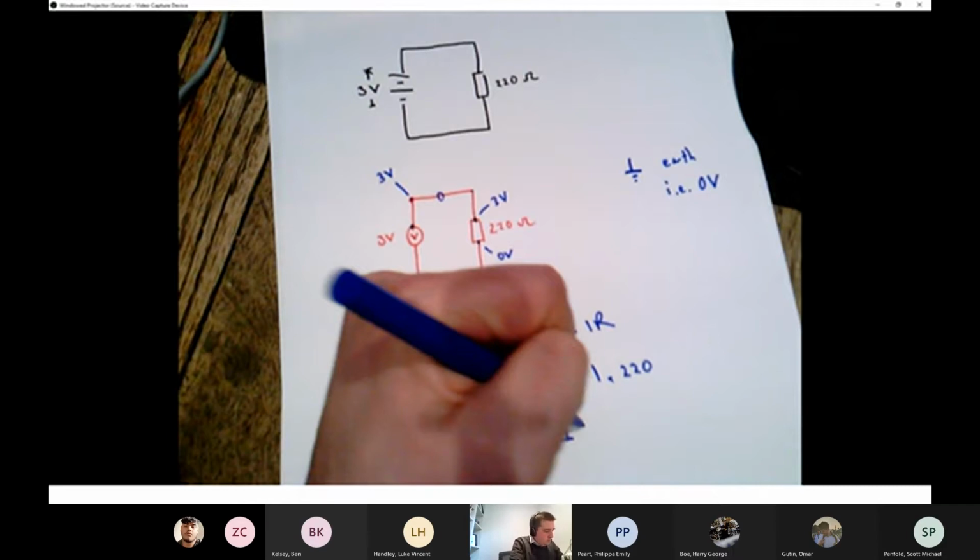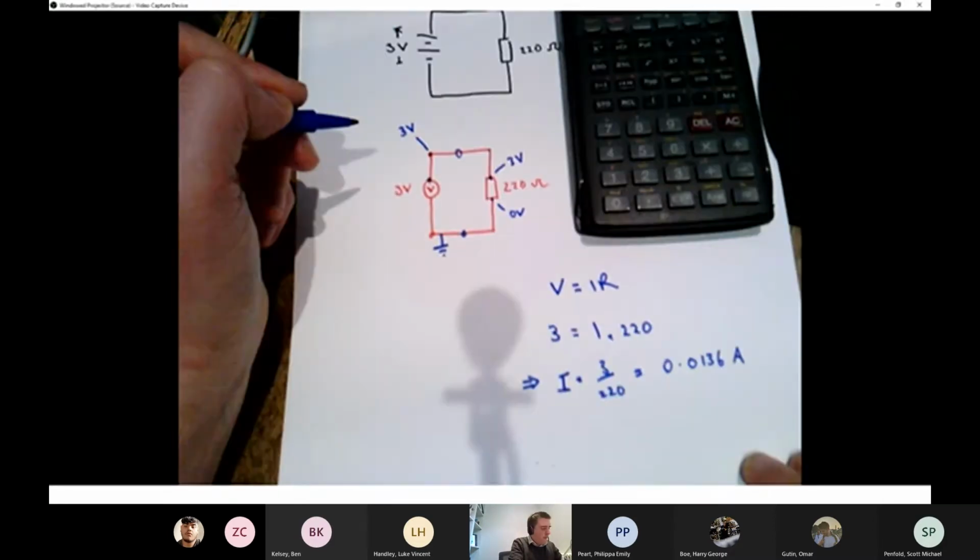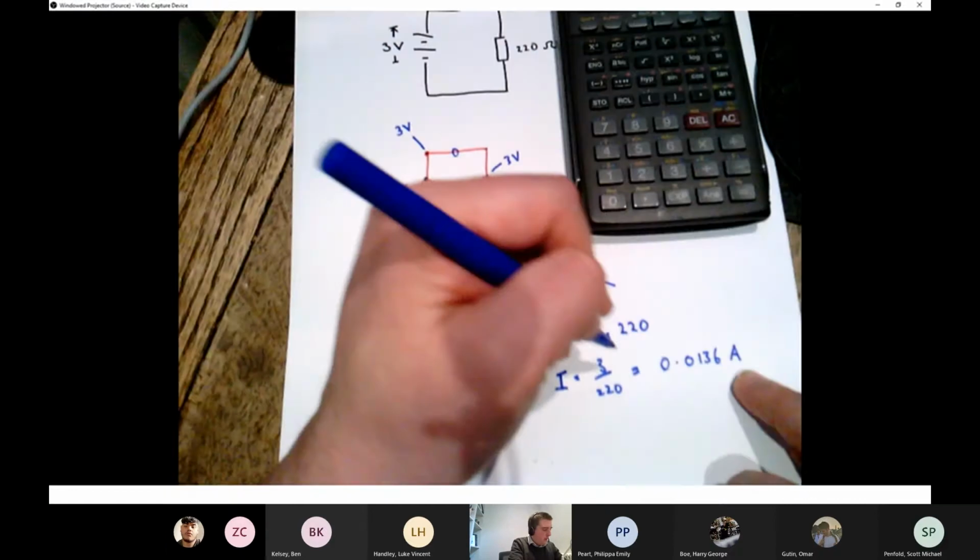Which is 0.0136 amps approximately. We'll come back and just think about where I've got this capital A and amps from. But I can also, you can probably imagine from lots of the things that we've done in mechanical engineering, say that that equals 13.6 milliamps. So all I've done there is to multiply this number by 1,000 and divide the unit by 1,000 from amps